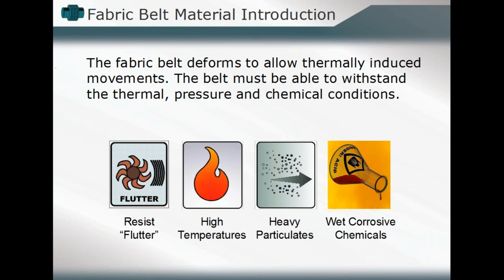What is the temperature level that will be attained during the operating cycle of that component? Are there heavy particulates within that media that will eventually degrade? Are bellows exposed to those particulates? Do we have to make compensation by adding extra elements within that bellows to protect it during its life cycle? What is the exact media that would be flowing through that bellows component? So all of those different considerations also have to be incorporated in that design and ultimate utilization of a fabric